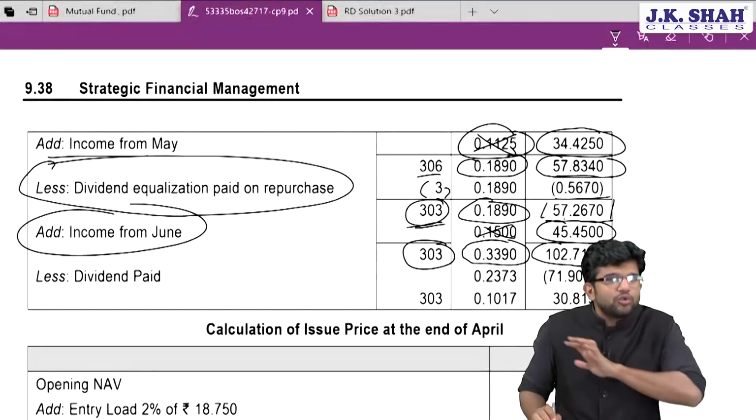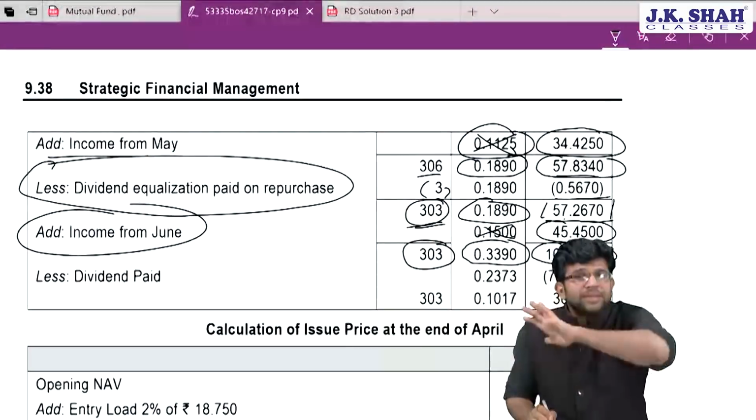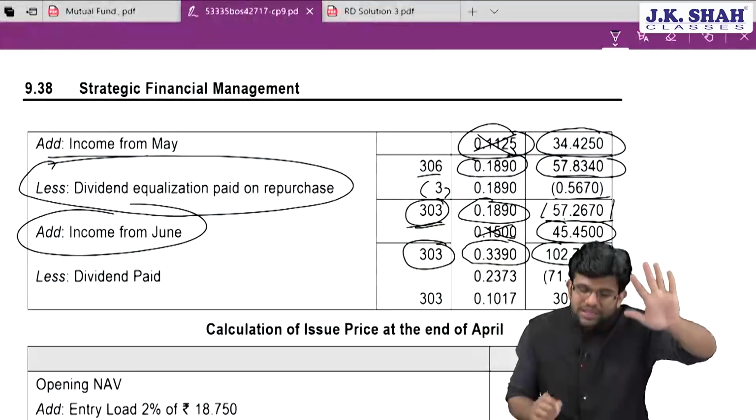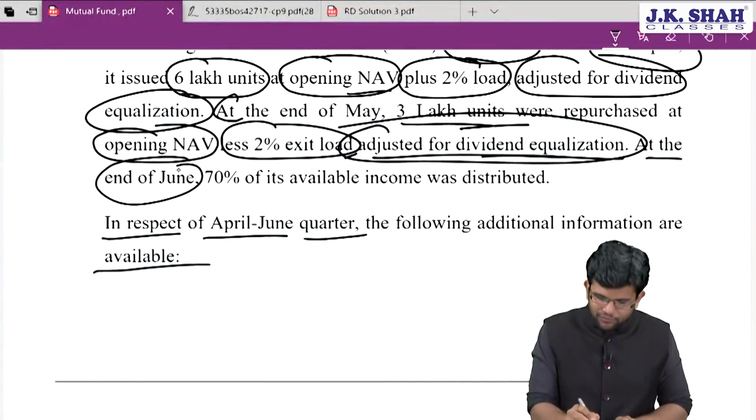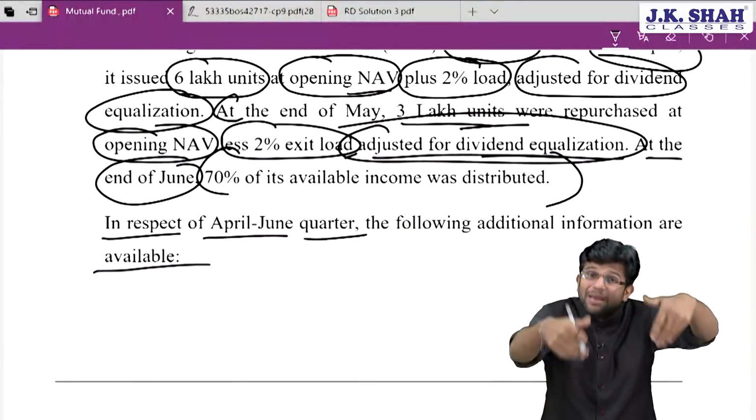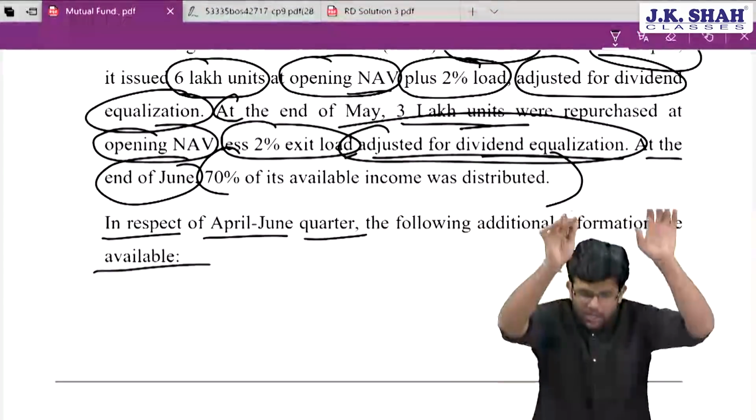Now in the month of June, children, there isn't any new issue, there isn't any repurchase, but something else only is happening. I'll tell you what is happening. They are saying in the month of June, at the end of June, 70% of available income was distributed. So if we are going to